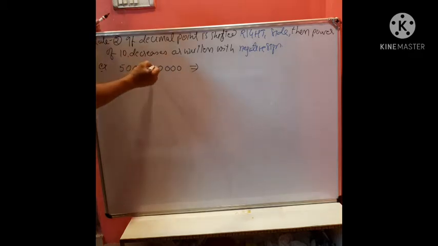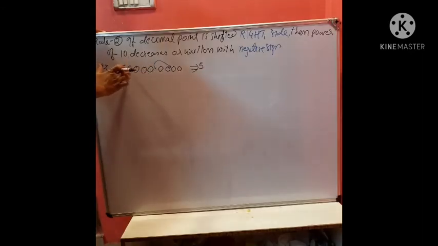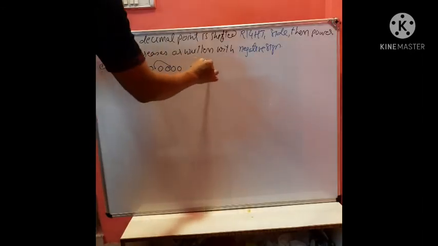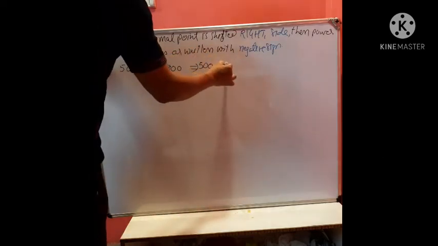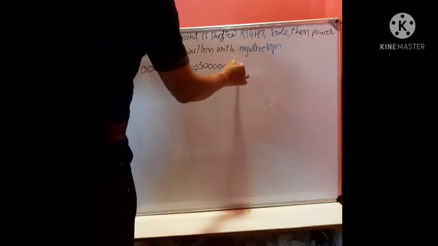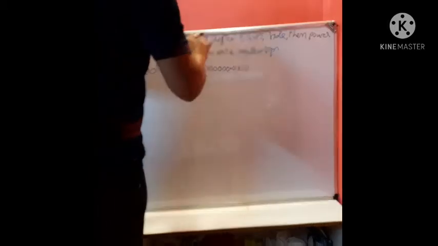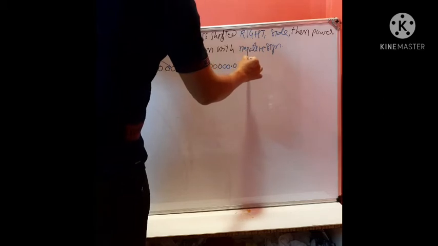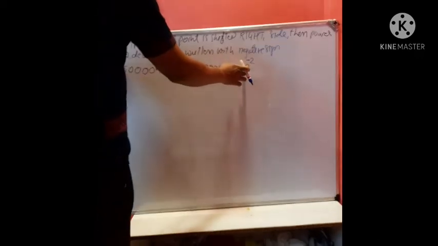Here is the decimal, and I am going to shift it up to this place, then it will become 5, and it is shifted 2 places, so now it has become 2, but with a negative sign, minus sign, so 10 to power minus